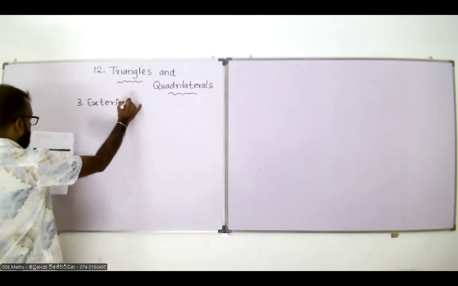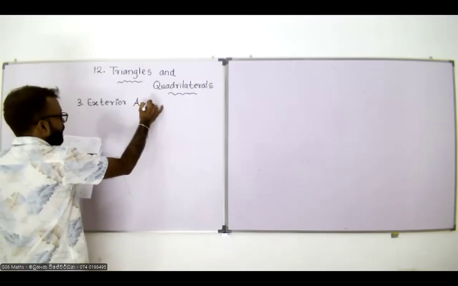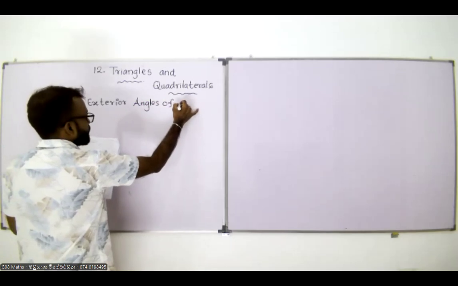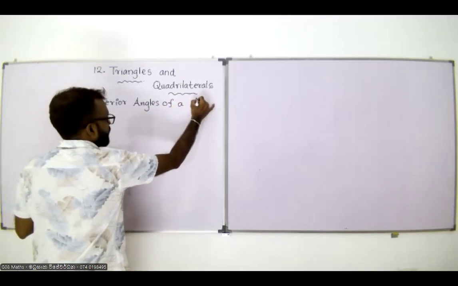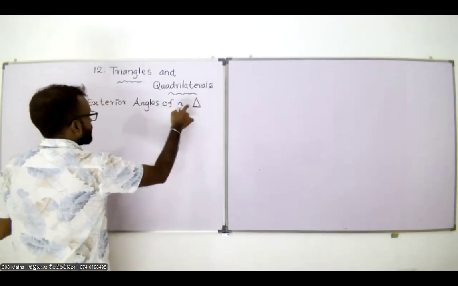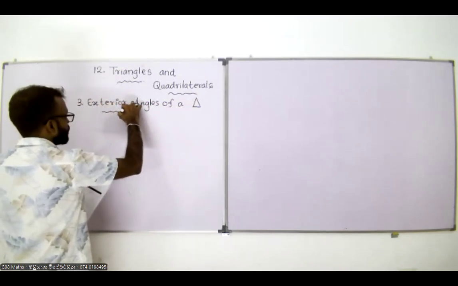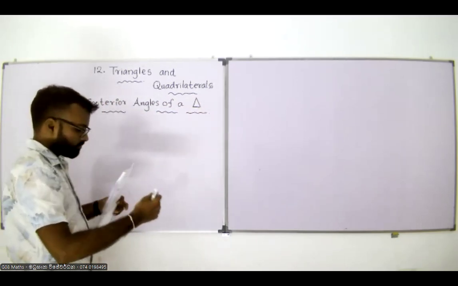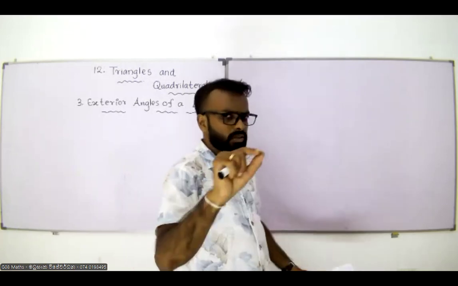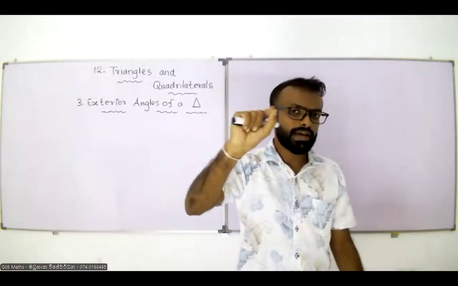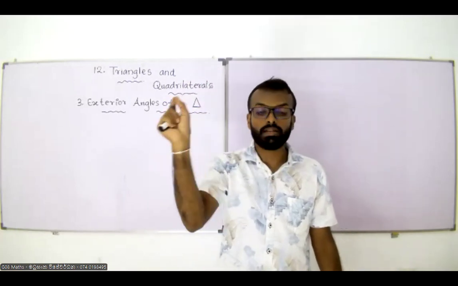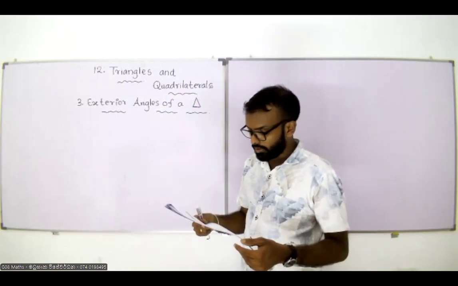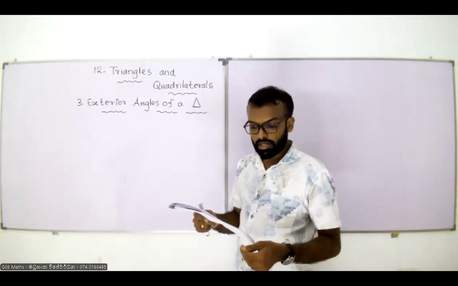Third title: exterior angles of a triangle. I'm not going to write triangle, but I will draw a triangle. I have put some bullets and a dotted line, so let's fill it in first. So when you are talking about exterior angles of a triangle,